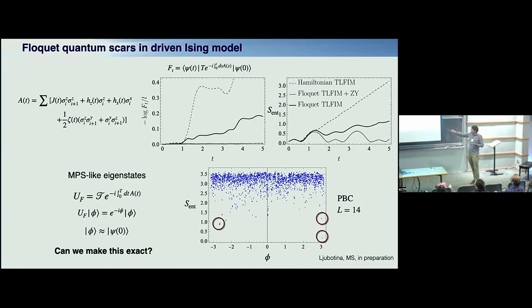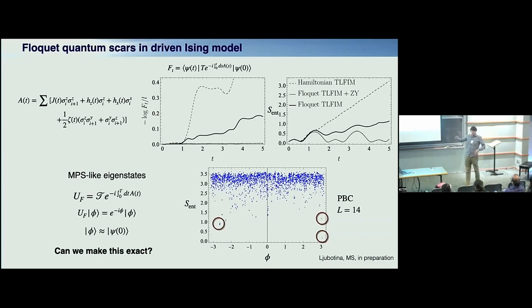And then on one hand, as we expect, a lot of states are volume law entangled. You should be careful with driving, because I can do something trivial: I can drive the system and then undo it. I can come up with some trivial protocols where I drive the system and then disentangle it. But this proves that this is not the case, because the majority of states are actually strongly entangled. And yet there are some eigenstates which are actually very, very low entangled, right?